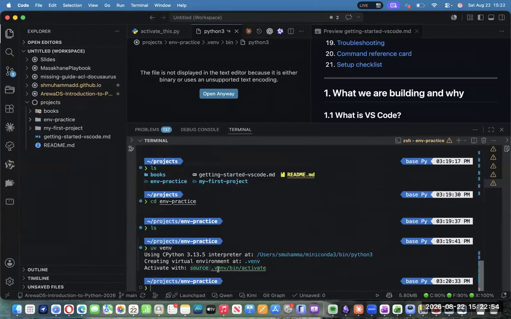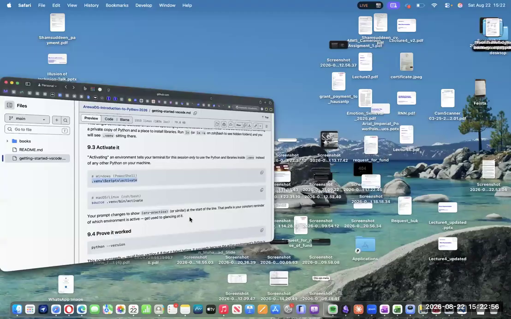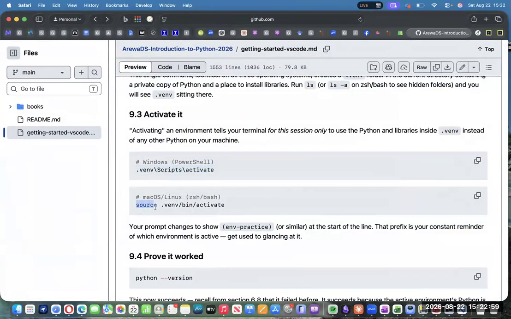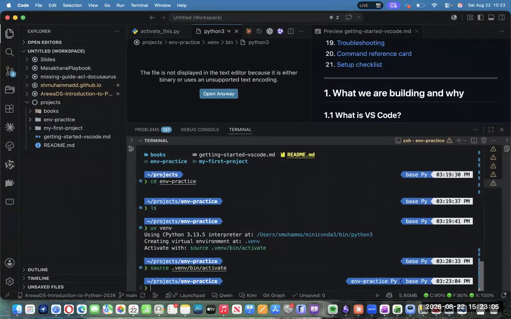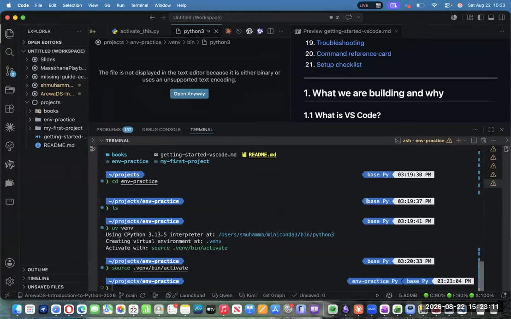We need to say source. This is the command. You can see that source. You can see source VM being activated. So I need to type this in my terminal. Source VM activate. Now it activates. When it activates the environment, what you will be seeing is that previously it's telling me base